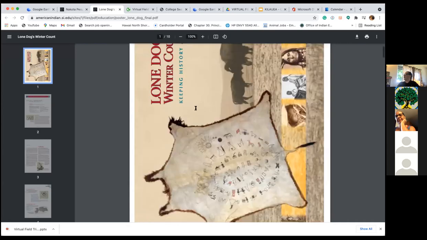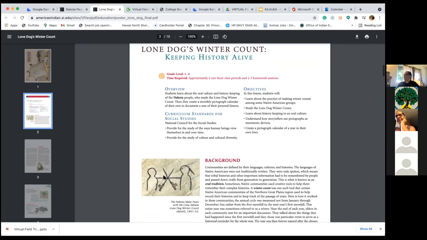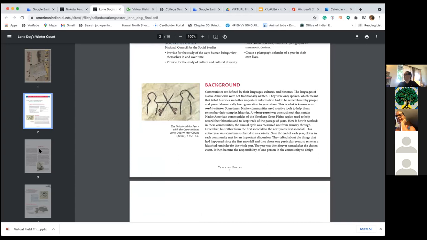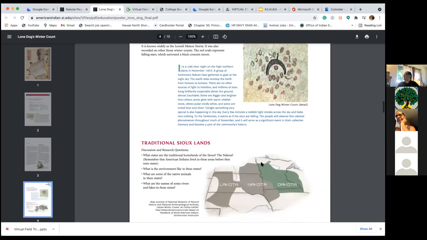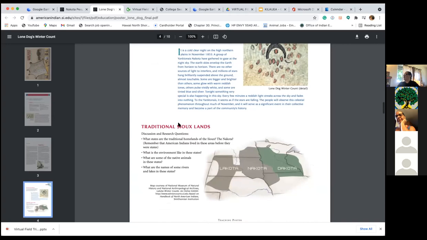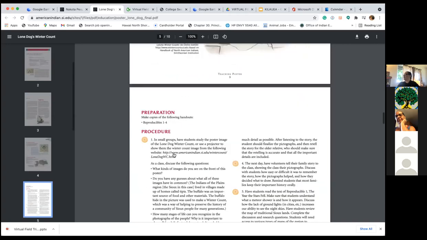Here we go. It gives you, again, the grade level, the overview, the lesson objectives, and background information so that you can read up and be prepared. More information, again, just giving you some really good questions to pose. There's preparation, the procedures,